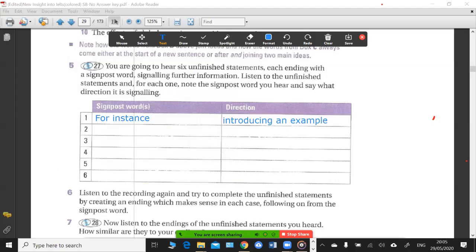You get it? Okay. For instance means for example. In your everyday life, even you don't say for example every time. Say for instance. For example, for instance, the same thing. Okay. Now please listen to the second part.